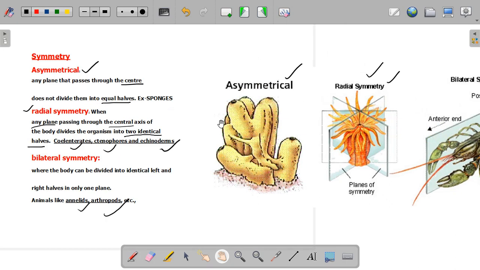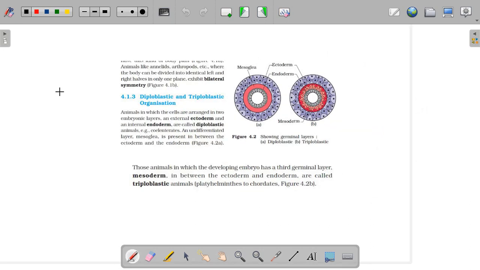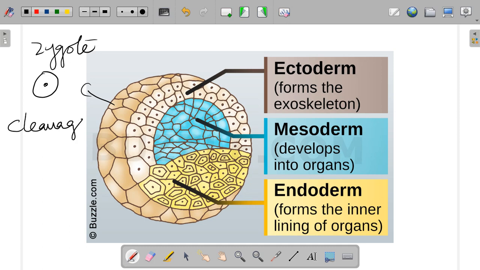Body development, germ layers. You can note it down. Germ layer, I'll tell you in a clear way. Now look at this. This is a zygote that has undergone cell division. You already know that a zygote is a single cell. Soon after the fusion of male and female gametes, a zygote is formed. This zygote will undergo so many cell divisions. We call this cleavage in biology. So instead of writing divisions, you can write cleavage, same synonyms. So the zygote undergoes so many mitotic divisions,